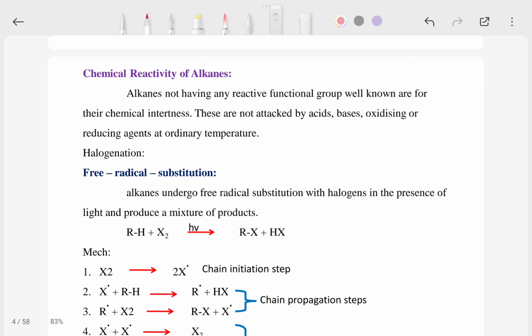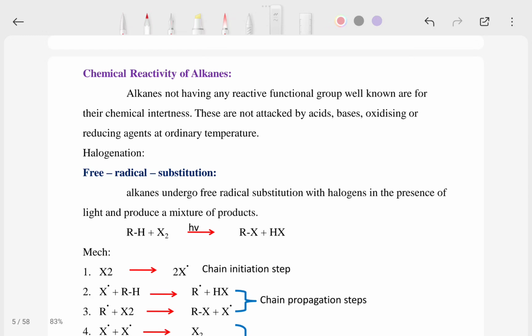Chemical reactivity of alkanes. Alkanes are chemically inert compounds because they do not have any reactive functional groups, and they are stable in nature. They are not attacked by acids, bases, and oxidizing or reducing agents at ordinary temperatures. But alkanes undergo